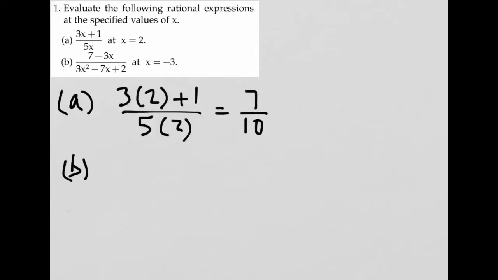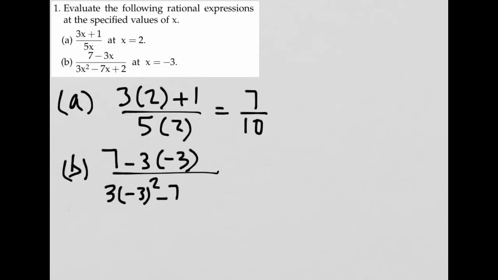To evaluate the expression at x equals minus 3, simply plug in x equals minus 3 into the expression. 7 minus 3 times negative 3 divided by 3 times minus 3 squared minus 7 times minus 3 plus 2. That's equal to